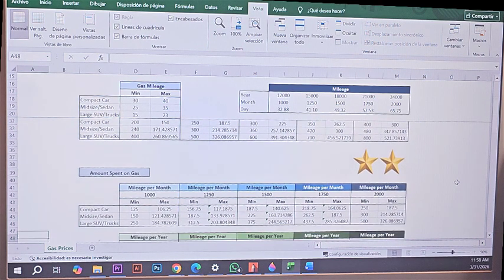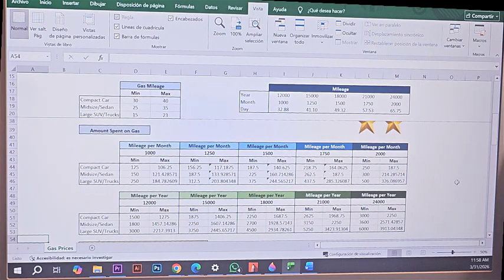When you start looking at the amount of money you're actually spending on gas for each of these mileages, you're going to be spending less on the compact car and the midsize sedan than you are with the large SUV. So even though the large SUV is saving on gas, it's spending more on gas overall than the other car types because they don't require as many times to go to the gas station to